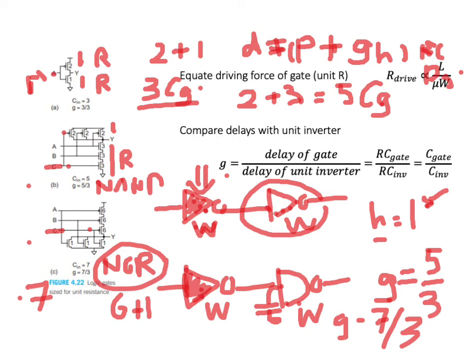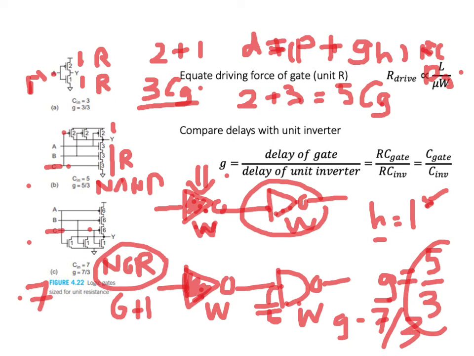If the NOT gate is driving a NAND gate versus an inverter, the component of that extrinsic delay would be 5/3 times greater than the extrinsic delay from an inverter driving another inverter. Please note that the logical effort G is also independent of the transistor size W. It is purely a function of the type of logic gate.